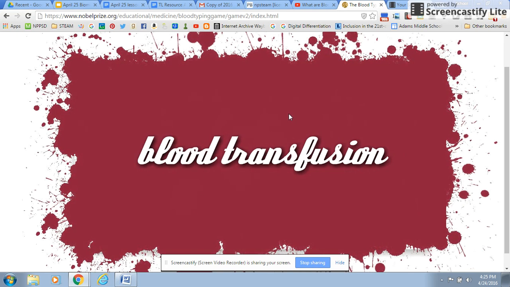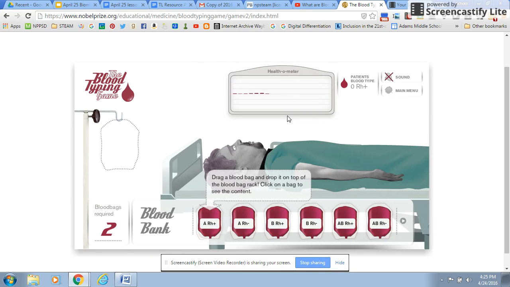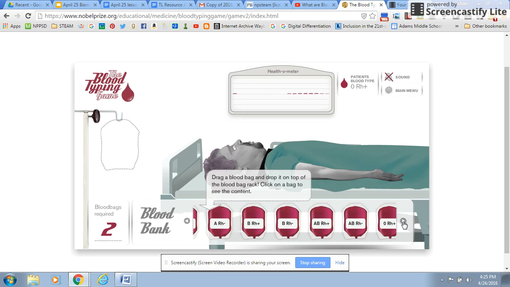Then our next task is to give this patient blood based on his or her blood type. Remember, we just discovered that it's an O positive blood type. So now I have to decide what type of blood I'm going to give this person. Down here in the corner, it says blood bags required. So I need to actually have 2 bags of blood. I know I can't give any A to an O type. I can't give any B to this one. And if I click through here, this arrow,